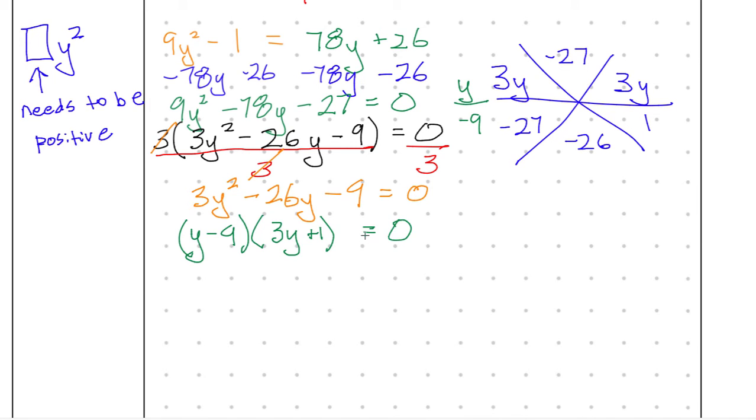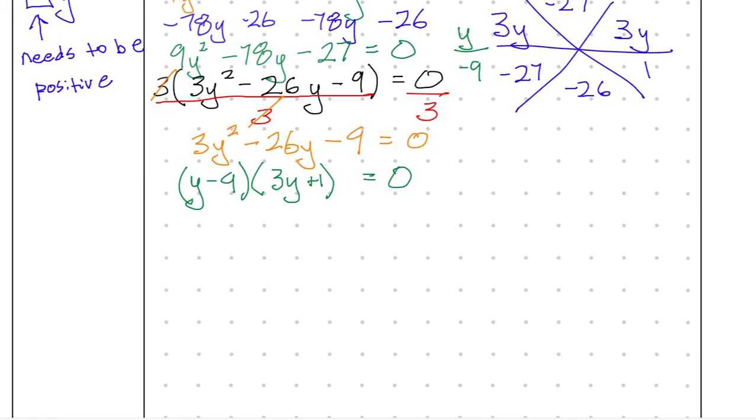All right, now we set both of these equal to 0. So I say y minus 9 equals 0. There's two problems now. I have y minus 9 is equal to 0. And the other problem that I have is 3y plus 1 is equal to 0. This is by the zero product property. If I have a times b equal to 0, either a or b are 0, or both of them could